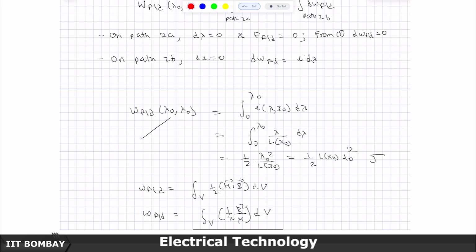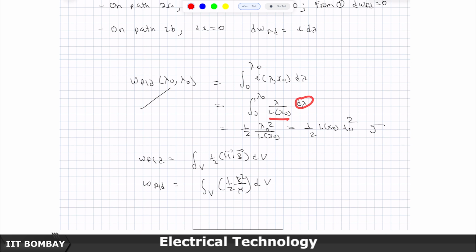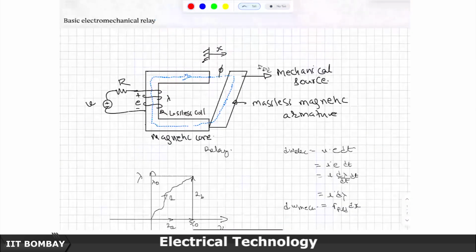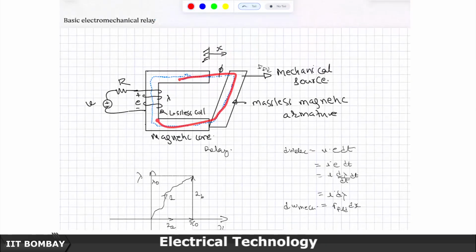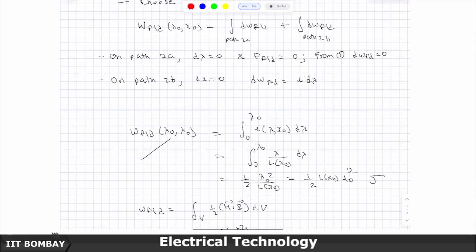So, therefore, to do the integration with respect to lambda, I replace the current by lambda by L(x naught) times d lambda, and when I do the integration, this L(x naught) is constant. Once x naught is fixed, L(x naught) is constant, and therefore